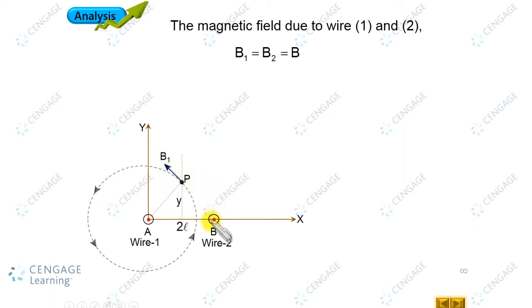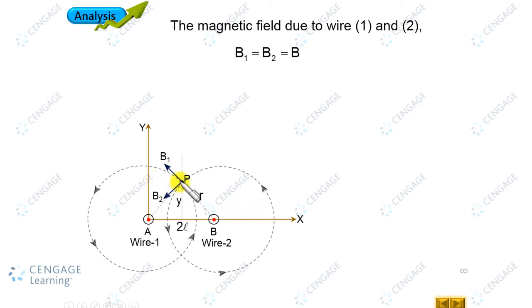Similarly, for finding the direction of the magnetic field because of wire 2, we can draw the magnetic field line because of this wire. Again we use the right hand rule, and the same type of magnetic field, circular in the anti-clockwise sense, will be here. So the tangent will be perpendicular to this line in this direction. This is B2. Let this distance be R. This is again R because this point is located at the symmetrical plane. So this is R, and this will also be R. Now we can find the magnetic field magnitudes B1 and B2. We know these two are equal.